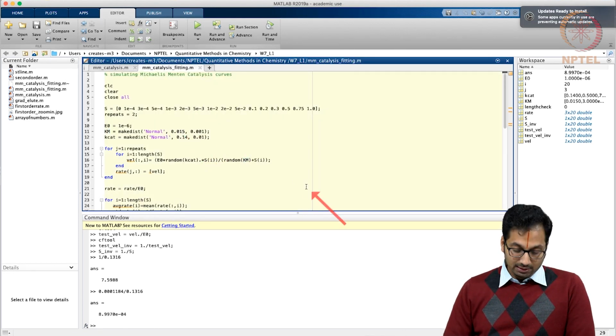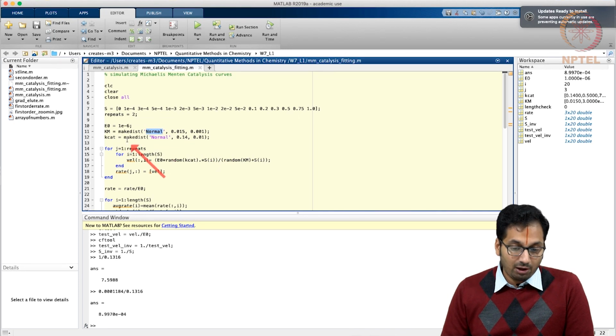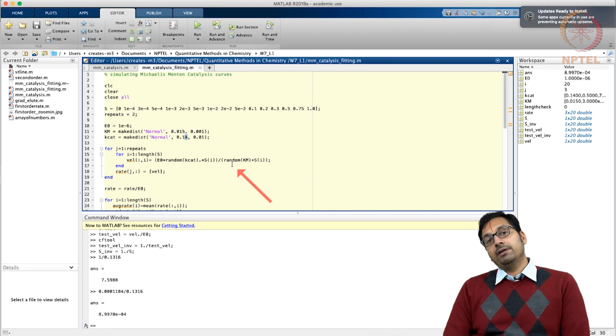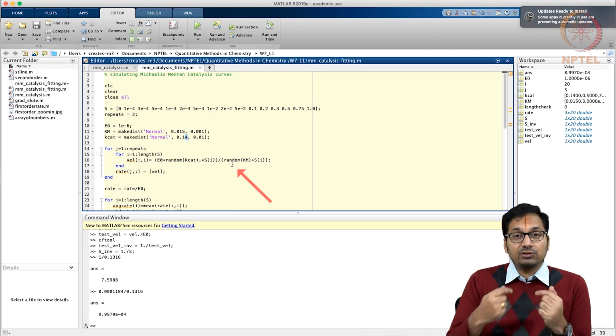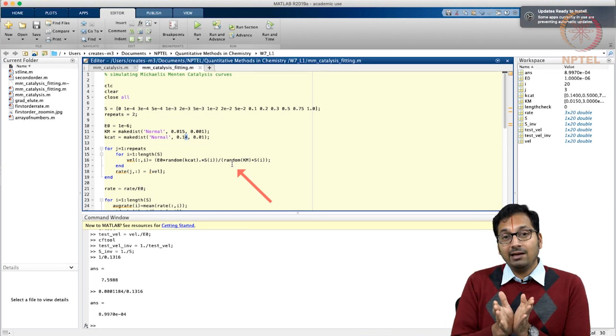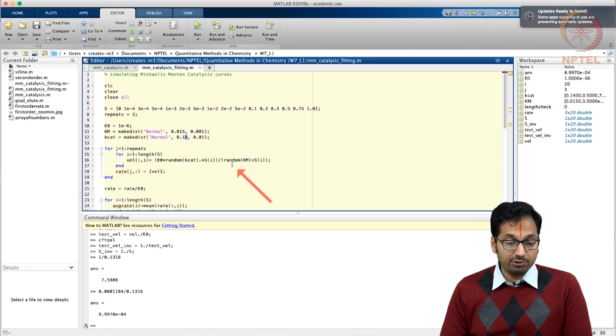So we are still using the same value, but what we are trying to say is that for Km, the third decimal has an error or uncertainty associated, and it's simulated as a normal distribution. On the other hand, for Kcat also we are assuming the same value, but we are assuming the second decimal here has an error. So what you are able to realize is that the error propagation is nicely taken care of by this, where we will be assuming random error for each of these variables. So basically both Km and Kcat vary randomly and are not correlated with each other. You can also make them correlated, but let's not worry about such a case right now.